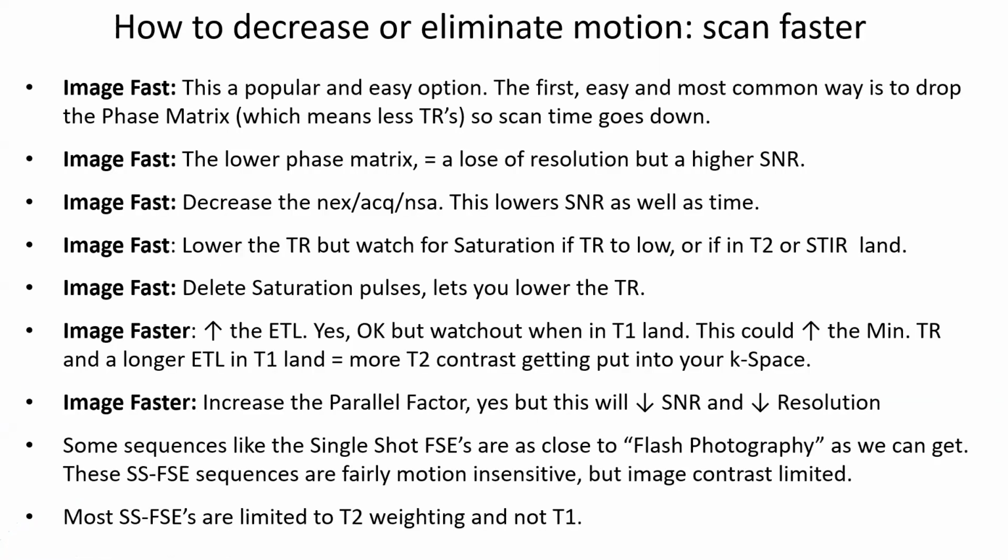All right. Some of the ways to decrease motion, you guys have already been through this at clinical. You scan faster as best possible. You can lower your TR, decrease your NEX, lower the phase. Anything that brings the scan time down is going to make you scan faster. It will lessen motion. But don't forget, when you start doing all this stuff, you need to know the consequences